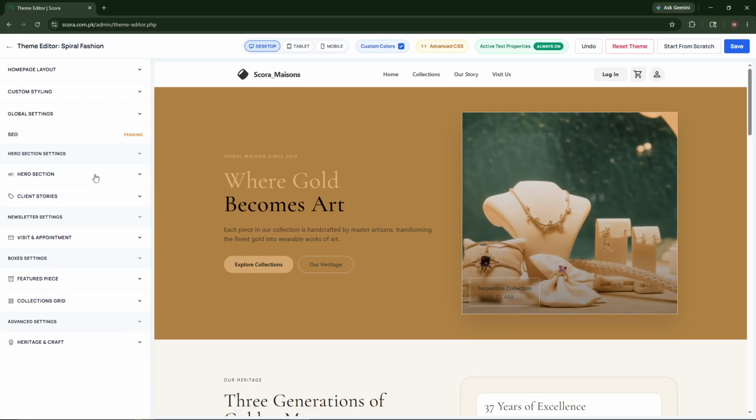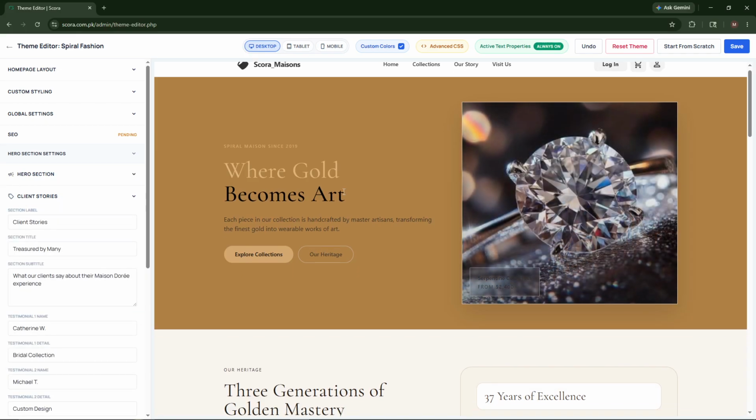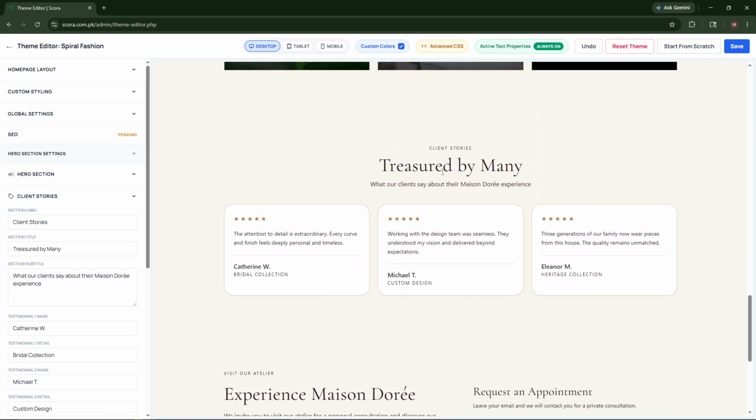Now there are other options too, like client story section. Here it is, the client story section. You can change this client story sessions too, like you can set it just reviews. Yes, reviews, and you can change its color too.